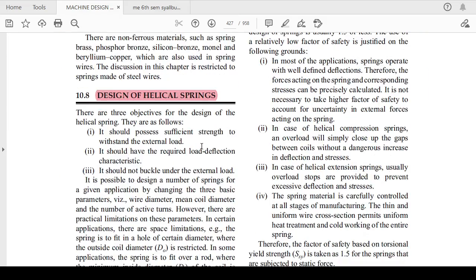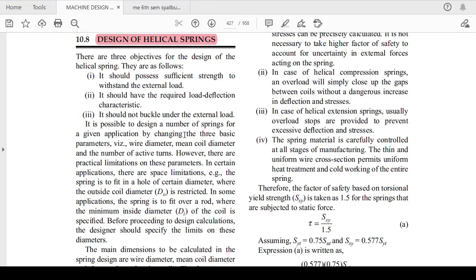Now I will start the particular topic of design of helical spring, which is there in your curriculum. So this was all about the revision of the part related to the helical spring, which you have studied in your previous curriculum, or you can revise it with whatever I have gone through. So in your curriculum it starts with the design of helical spring, and then I will go to the design of helical spring under variable loads. These are the two topics in which numericals will directly be asked in your curriculum of DME 2. So you can prepare the numericals.